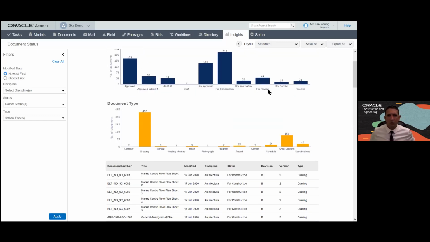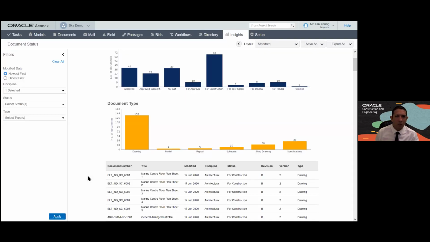And of course, you want to be able to see that there are a couple of them that are waiting for review. We could filter this down by various discipline, whether we want to track architectural discipline, and filter that down as well. So you'll be able to see those documents here very quickly. We could also look at